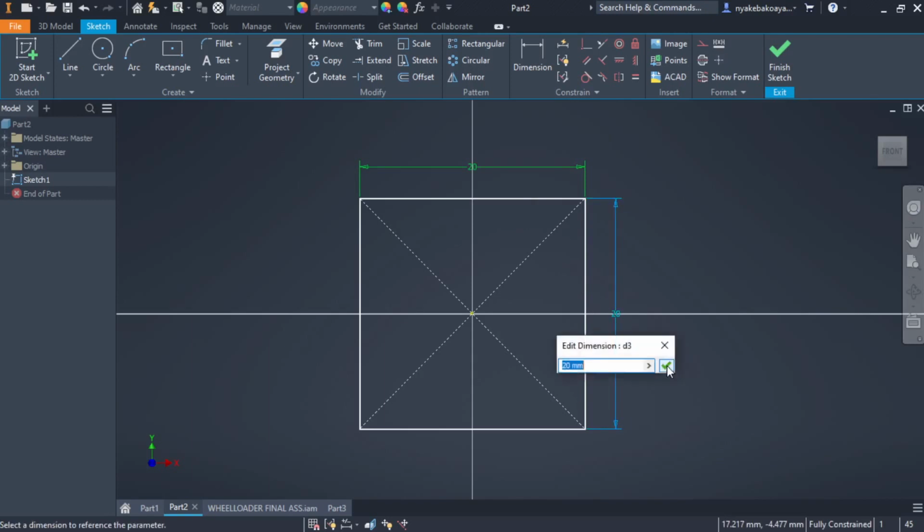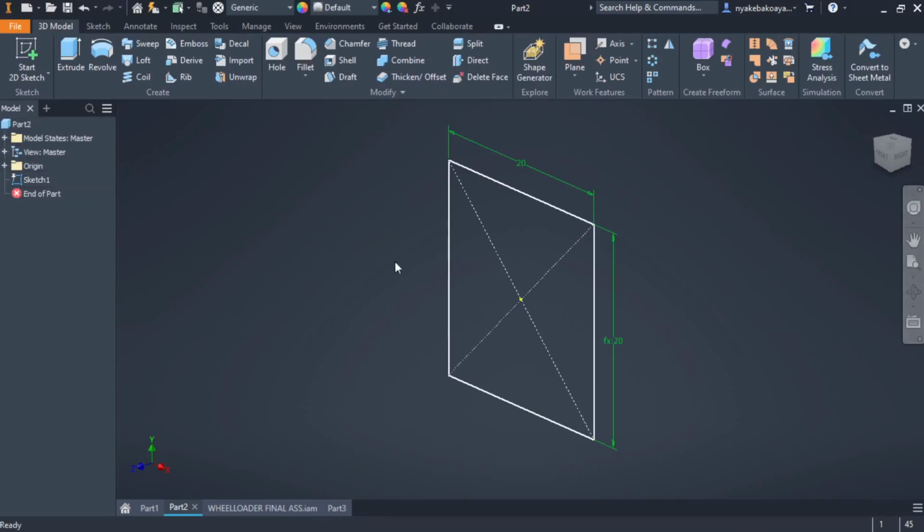Then this one, double click it, you can call it width equals to, you can even click this, you see, width equals length. By clicking that, I don't need to type again. Once you are done, you can click finish. Now I want you to observe where the magic is about parametric design. If I click the extrude tool,